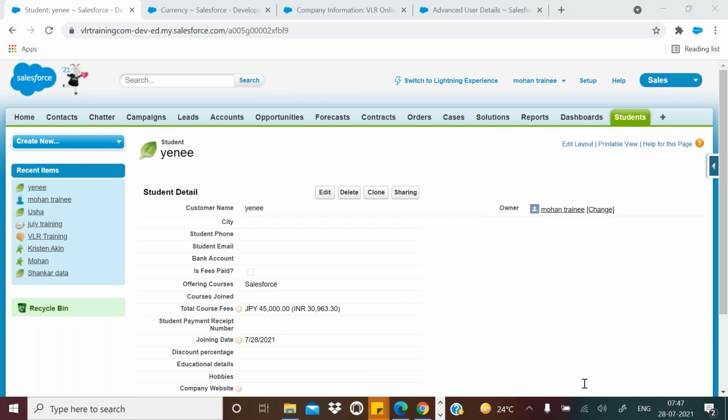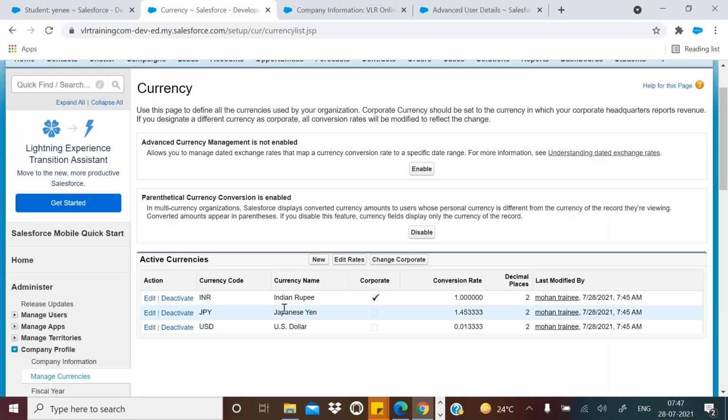Someone asked: the dollar rate will not be consistent, who will manage that? Business people will manage that, you don't worry about it. It is not consistent, but you don't need to worry about these things. They might use something to update it, you no need to take care of these kinds of things.